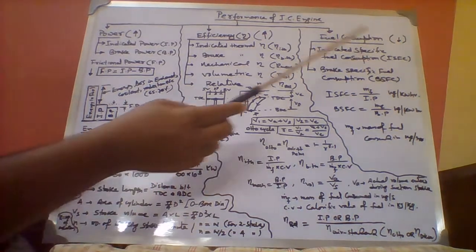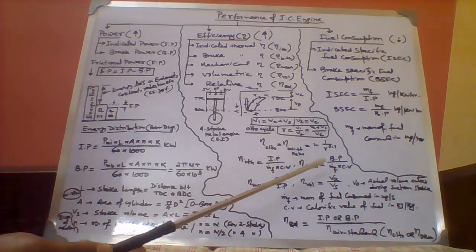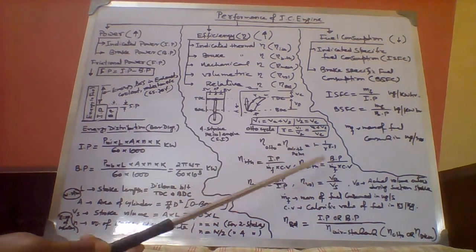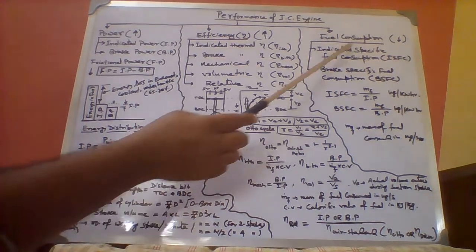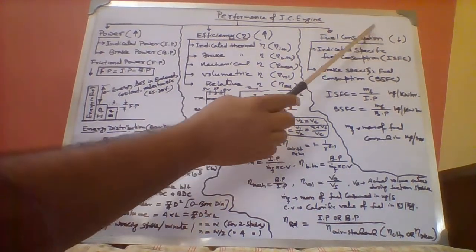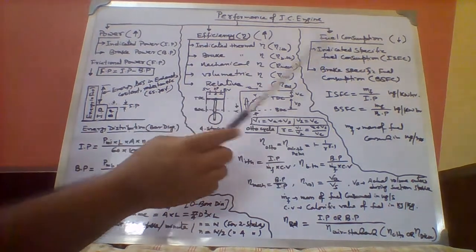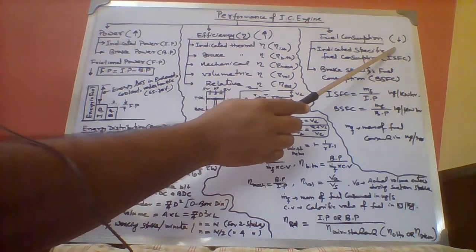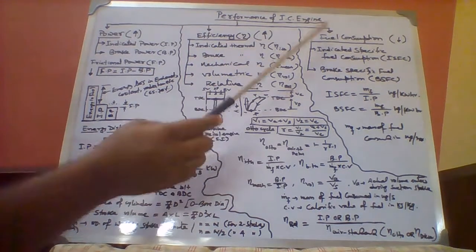Now the last part is fuel consumption. That means how much a vehicle can move by means of fuel consumption. If this has a reduced value, that is a gain from the point of view of performance. That's why if fuel consumption is less, it means satisfactory performance of the IC engine.